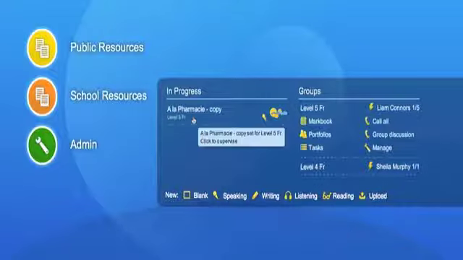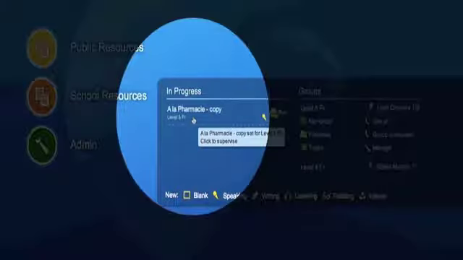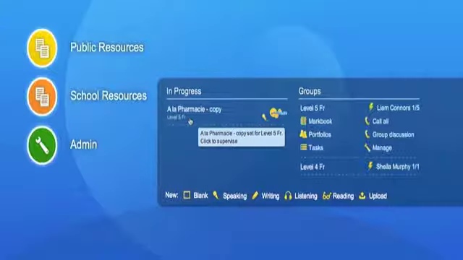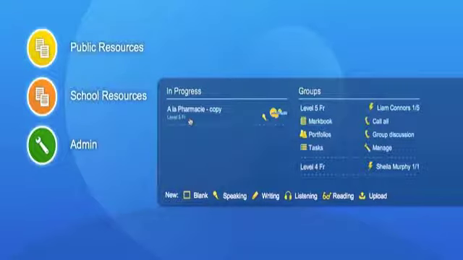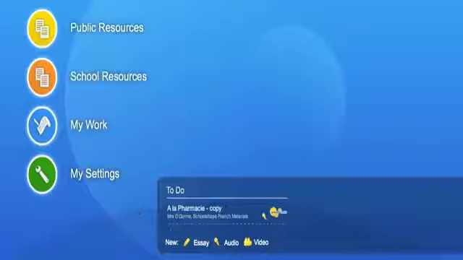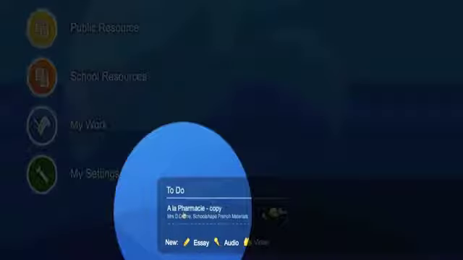So now you can see that the tasks in progress are available for the students. I'm going to log on as a student, show how the task is completed, and then we're going to review how a teacher can feedback on this task. Now we've logged on as a student John Doe, you can see the teacher has set a task and it appears in John Doe's to-do bar. So when he clicks on the task,